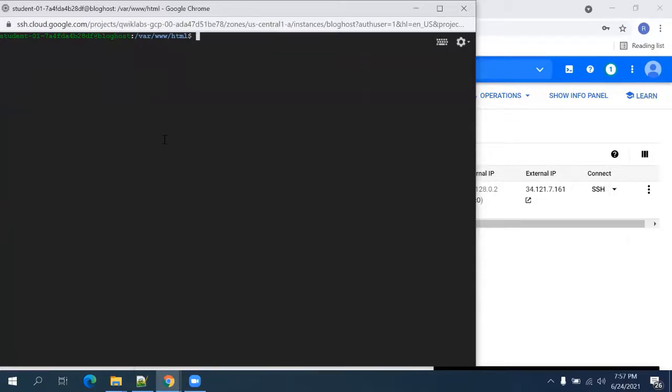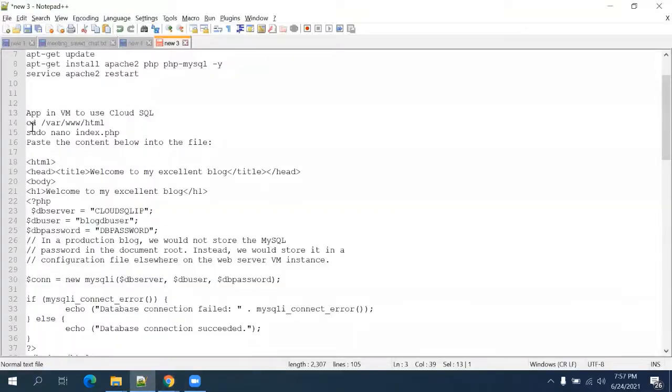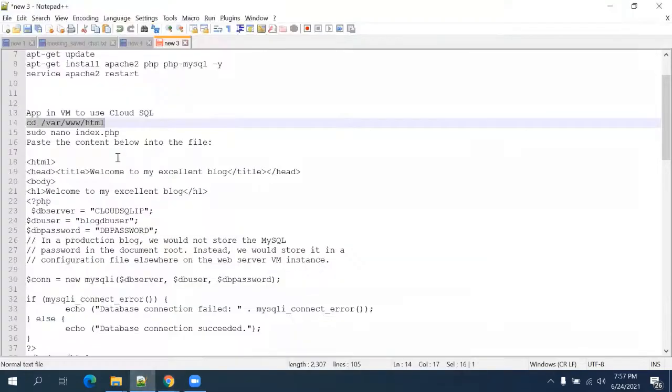Okay, so now we are on the SSH of our VM instance, and first thing we need to go to the root of the web server. So we will type this command. Now we will use the nano text editor to edit a file called index.php.